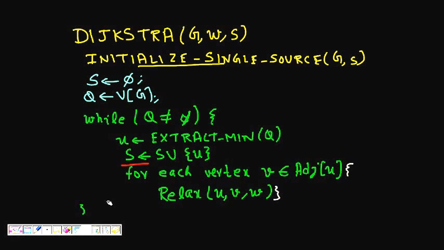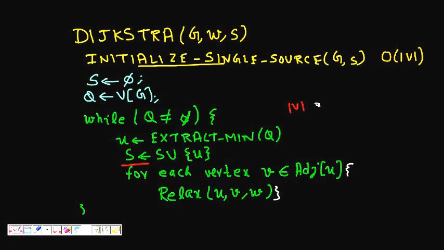So now let's try to analyze the runtime. As we saw, initializing all vertices is O of mod V. Then we have S as the null set. Q is a queue that is just a simple array of size mod V, the number of nodes. While Q is not empty, this while loop runs for all nodes, and in each iteration we extract one of the nodes. So this will run mod V times.